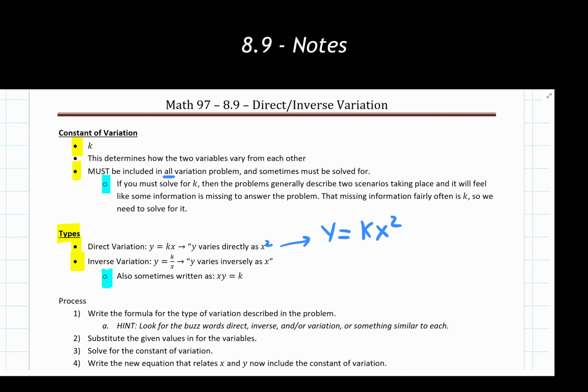Maybe we have something using the inverse variation as an example. Maybe we're told y varies inversely as the square root of x. It's not showing up particularly well, but we'll work with it all the same. Now the adjustment here would be to write this out as y equals k divided by the square root of x. So make sure as you are writing these things out for yourself, you're reading what varies with what else.